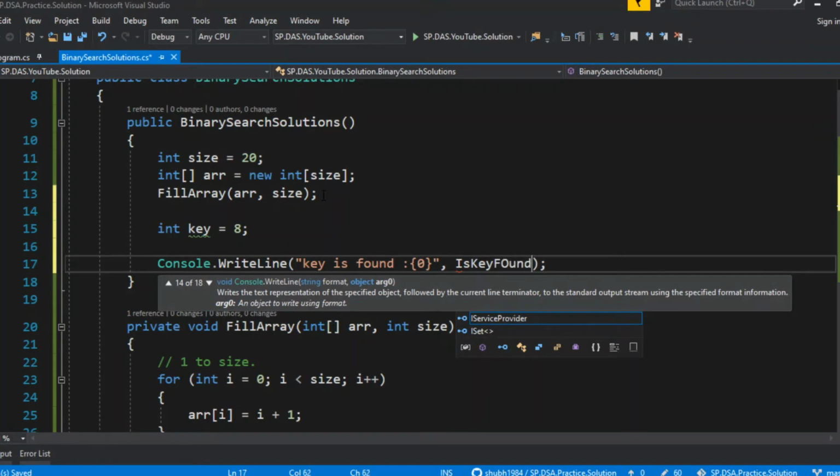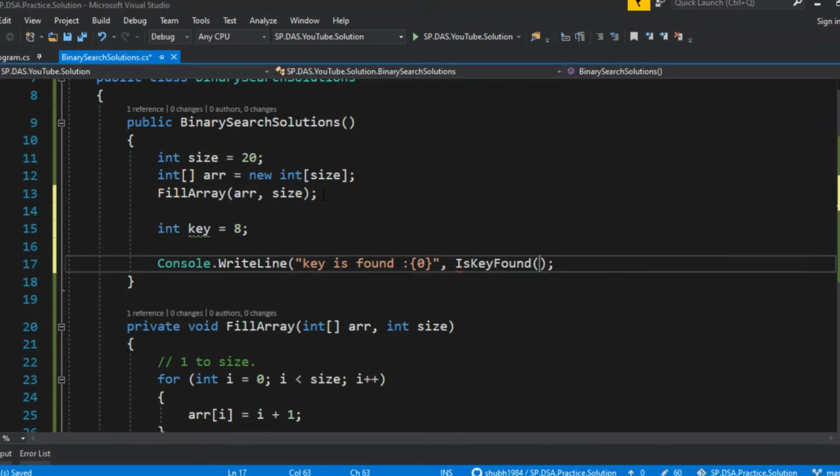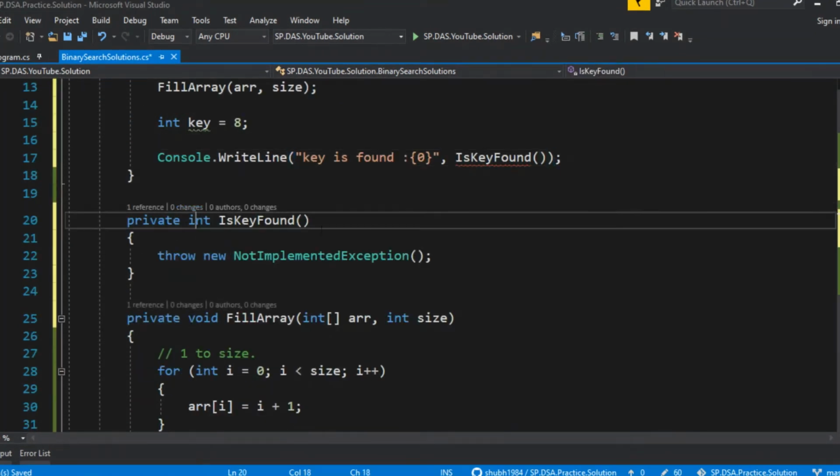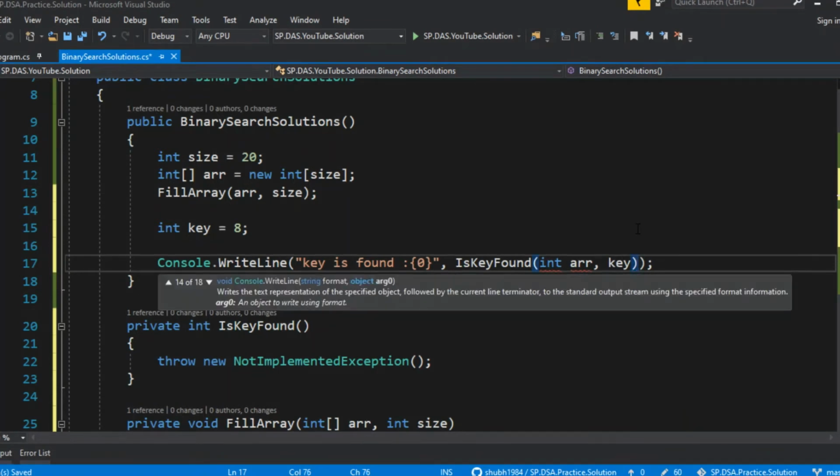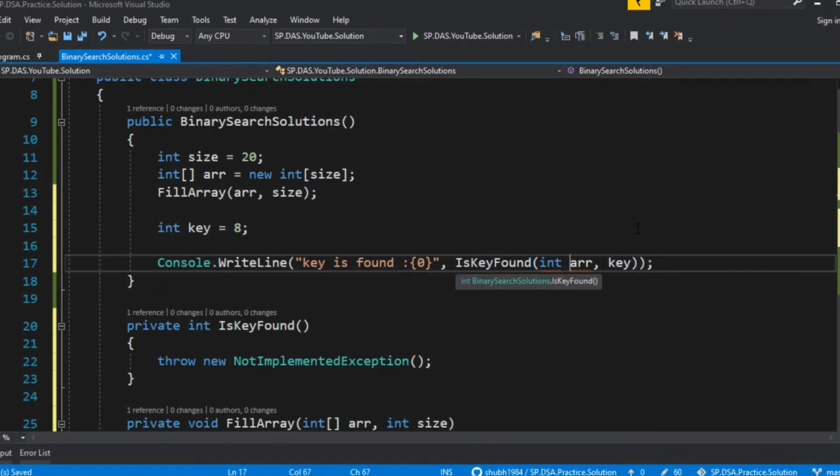Is key found. I'm implementing the linear search algorithm inside this, so here I will have an integer array, and another the key, array and key.